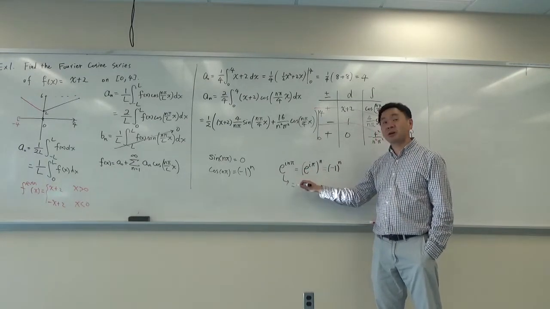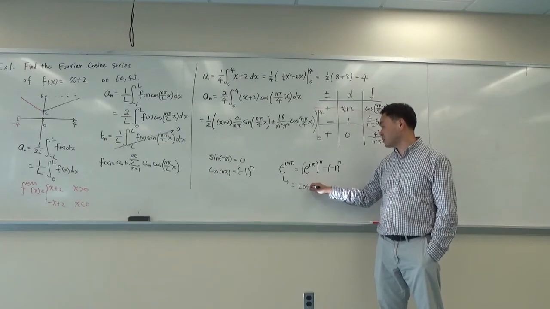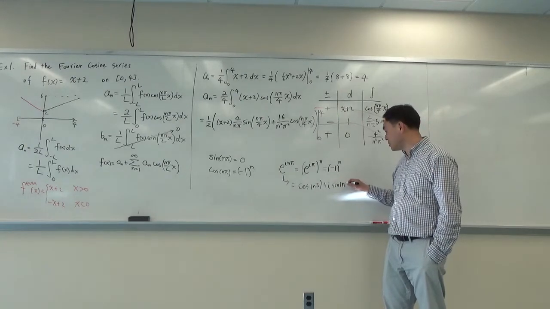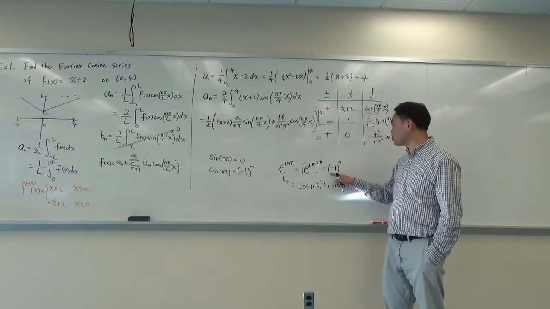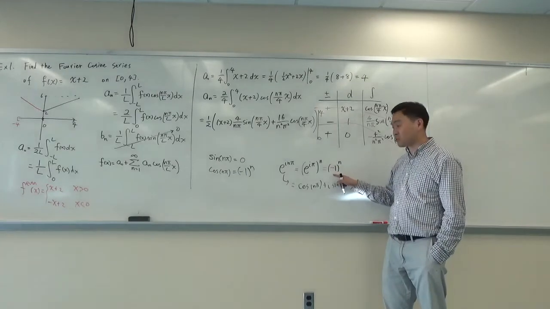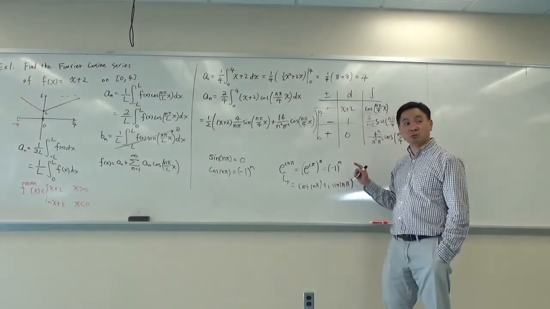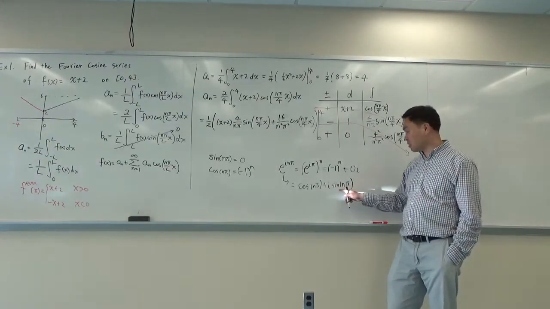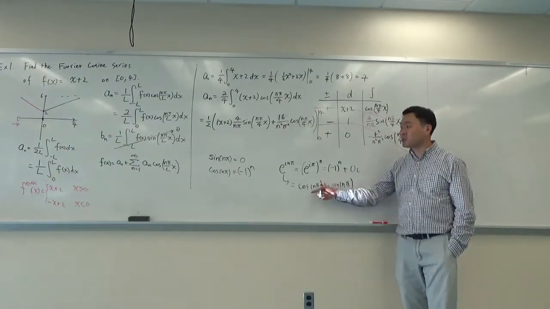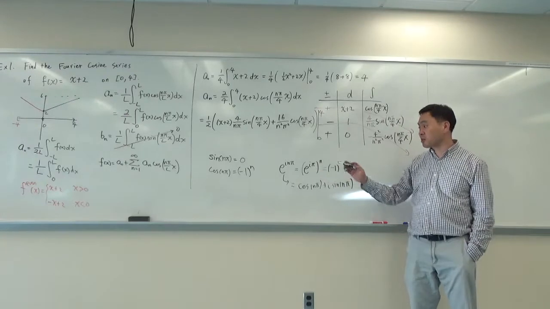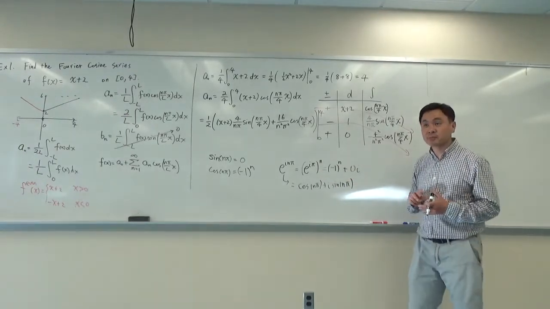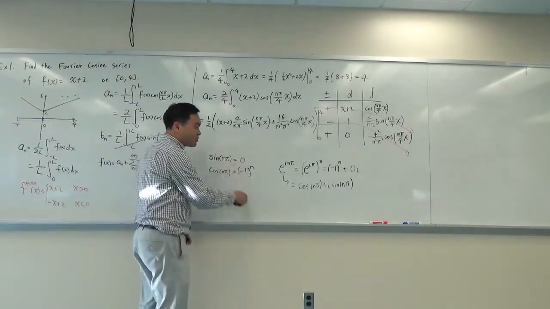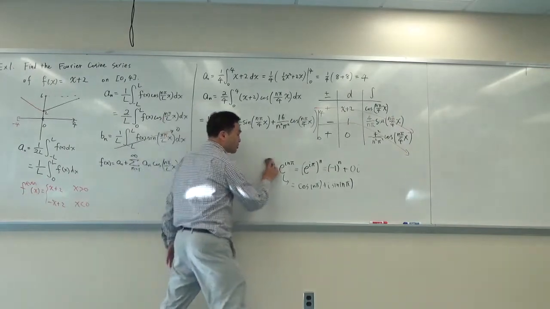By Euler's identity, it's cosine n pi plus i sine n pi. So you look at this: what's the real part of this number? This itself, so cosine n pi is the real part. What's the imaginary part? Do you see any i? Nothing. So 0i is what you have, and that should be the value of sine n pi. So that's another way you can figure out that sine n pi should be 0 and cosine n pi should be negative 1 to the nth power. Okay? So hopefully with these two explanations, from the graph and also from the Euler identity, you can remember that